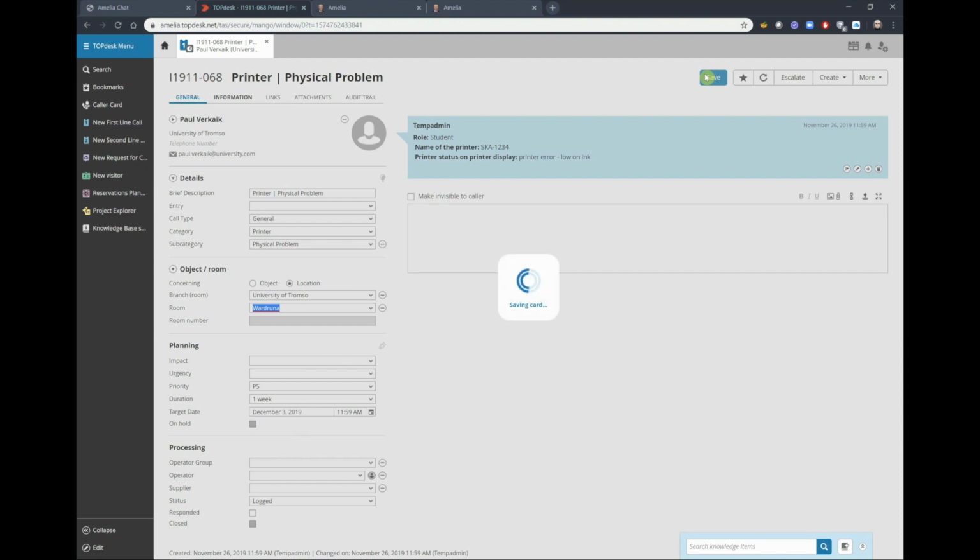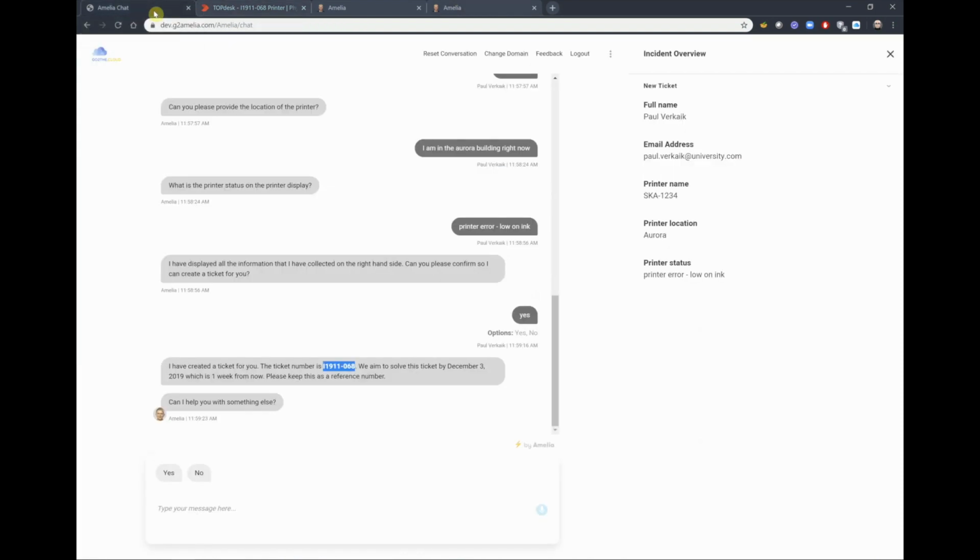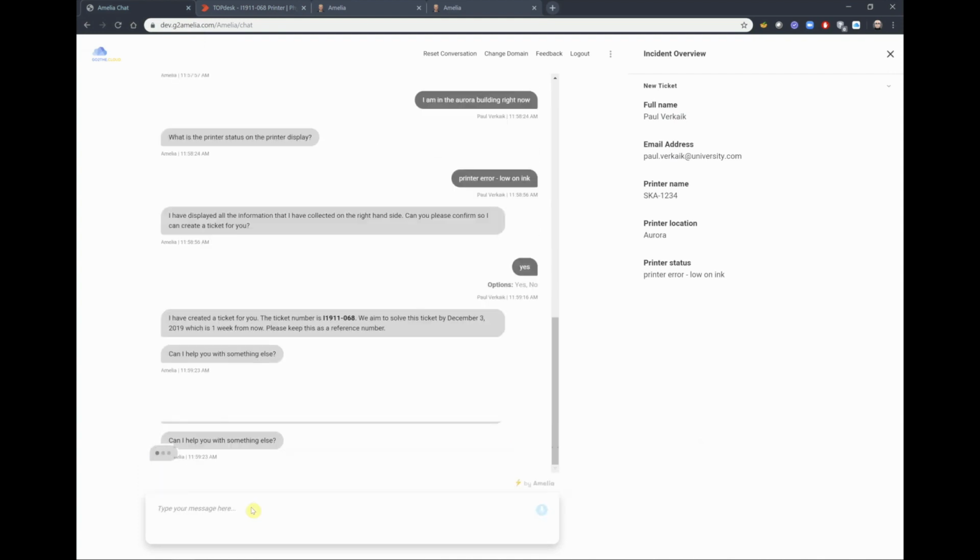But if I, from an end user perspective, ask for a status update on the ticket, for instance, we will see that information about the change of the location has been reflected in Topdesk and therefore also in the conversation on the front end. So if I ask, can you please provide a status update on a ticket,